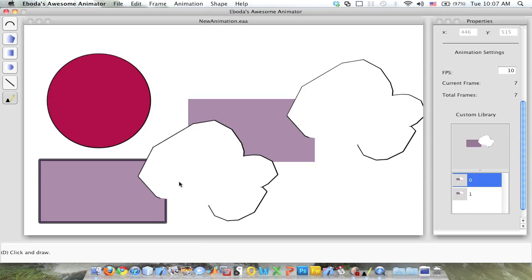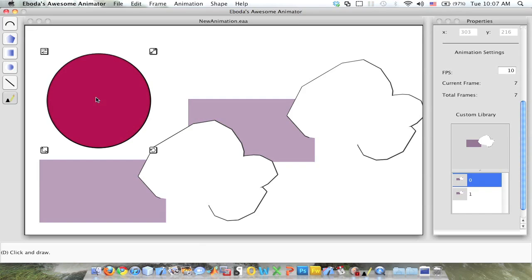Eboda's Awesome Animator also has features which allow you to resize, scale, shear, or rotate any object on the screen. To access these features, we double-click on an object that's already on the screen, and you'll see the transformation controls appear at the corners. We have rotate, freescale, shear,